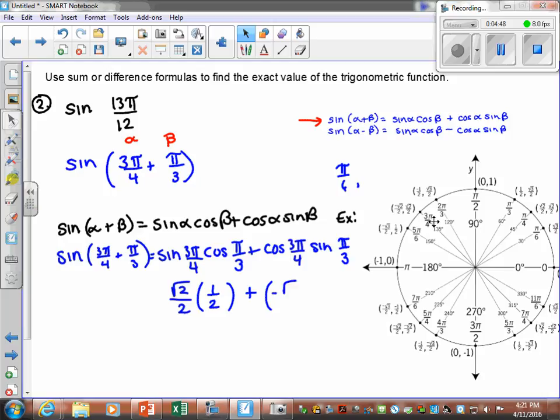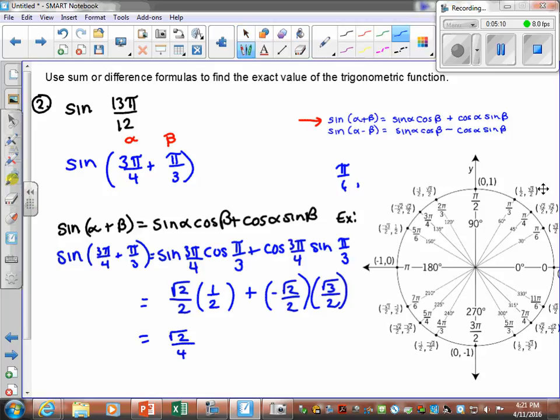Negative square root of 2 over 2. Go to sine of pi over 3. Sine of pi over 3 is the square root of 3 over 2. And now algebraically, we just want to simplify this, which would give us square root of 2 over 4 plus, or actually a positive times a negative is a negative, so it'll be negative square root of 6